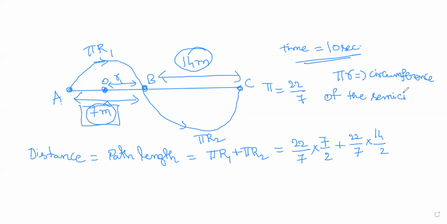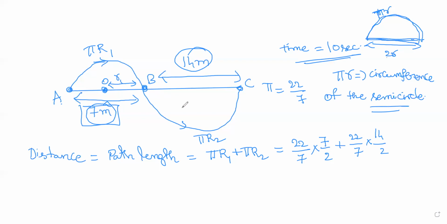Okay, that's the circumference of the semicircle. Actually speaking, it's the curved area. The circumference is the curved area we're considering. If you had to consider the entire perimeter of the semicircle, this length also comes into the contour. So it will be 2r plus pi r. That's how, if you consider the semicircle completely, 2r plus pi r will come.